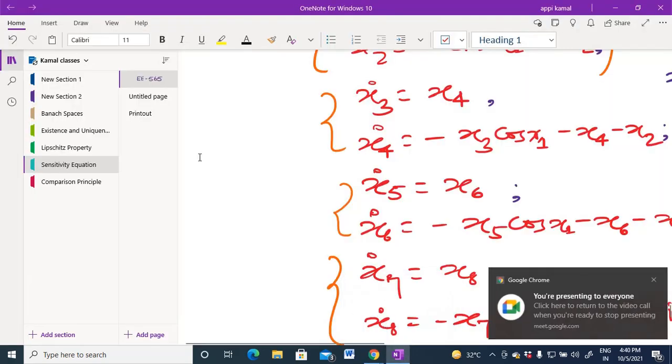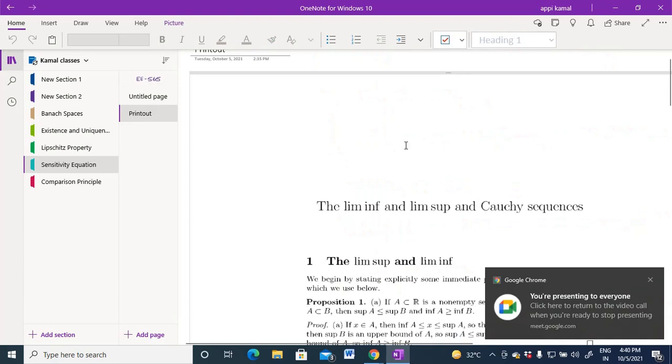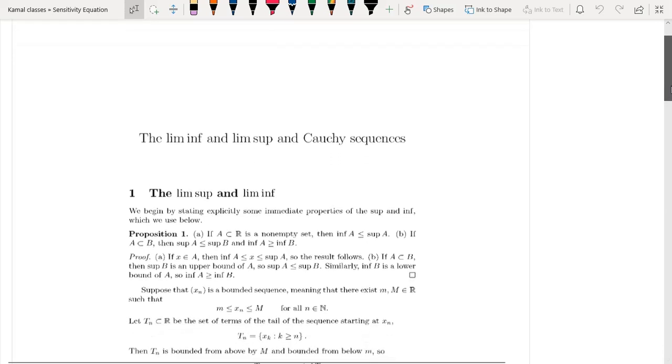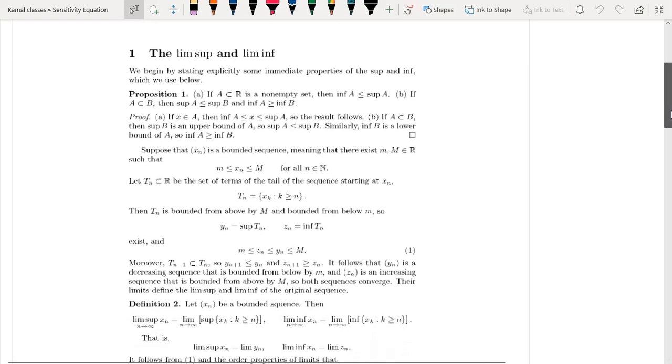One more important thing that is useful for our analysis is from real analysis. Due to lack of time, I am not able to prepare the lecture for this, but try to see it, because I have downloaded this write-up from the internet. This is a very important topic of real analysis, and in several places when you start reading papers, these kinds of terminology frequently come into the picture. The terminology is like this: limit superior or limit inferior, or limit supremum or limit infimum.